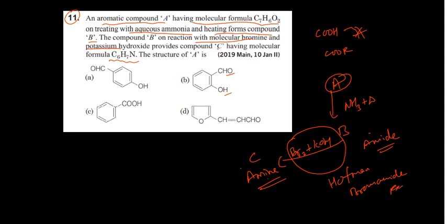That means this is the amide. A will be carboxylic acid. You can see here carboxylic acid, only one option is there. So your answer will be C. Okay. You may try the trial and error method. Suppose CHO is there, CHO cannot react like this with amine. Of course it will react and form a double bond with N, so an imine will form, nothing further happens. Okay, so that's why this is the only answer.